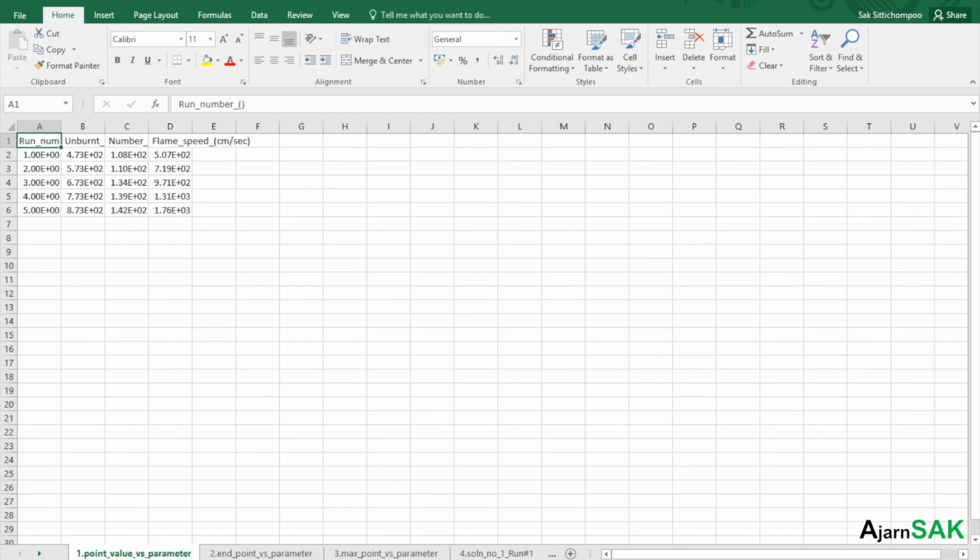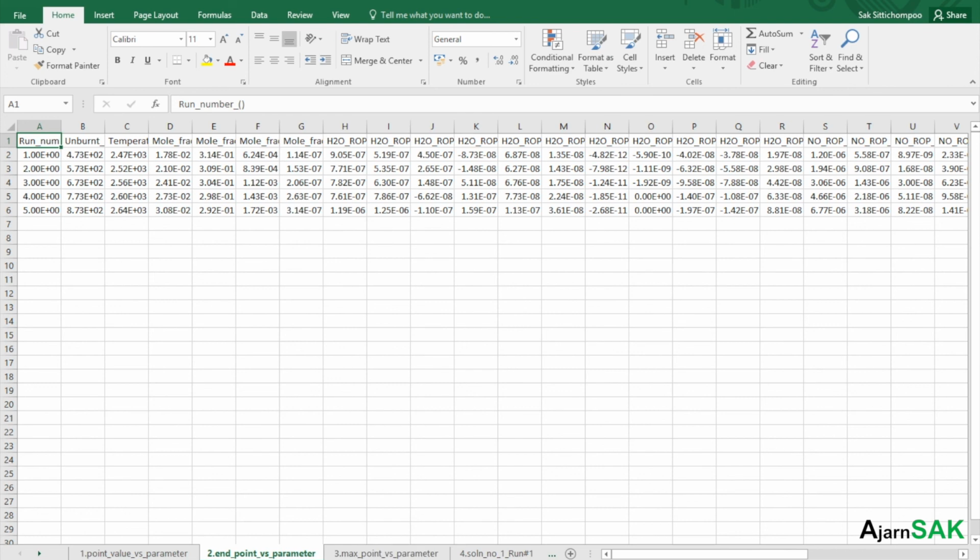What I do is I don't tick all these outputs. For example, if you just want to look into the NOx, just tick NOx. Otherwise, you're going to get like 100 columns, and it will be 100 megabytes. For example, this is not like that, but if you tick all of them,